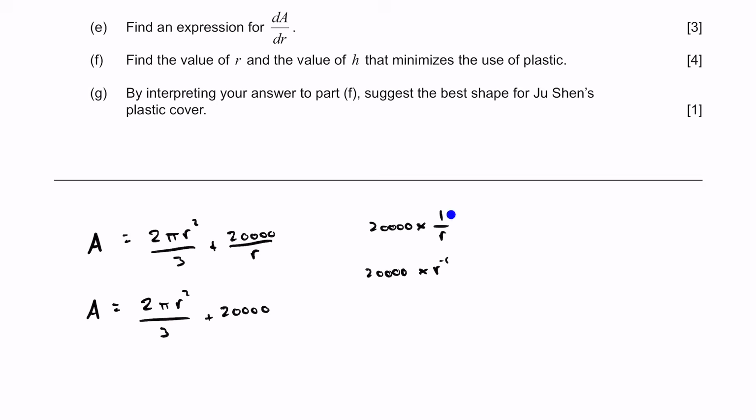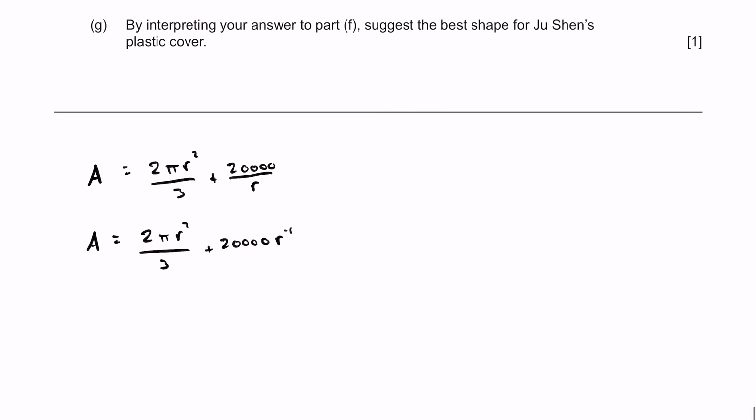Remember, just move it up and then we'll have a negative exponent. So r to the 1 at the bottom just becomes r to the negative 1. So this is going to become 20,000 r to the negative 1. Now we're in a position to take the derivative,